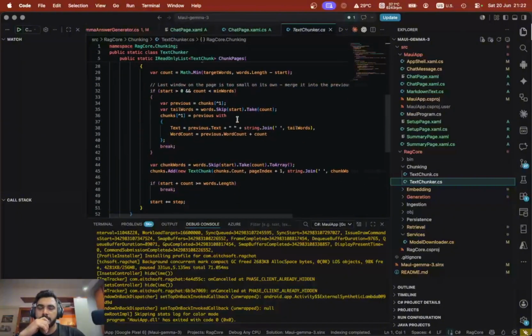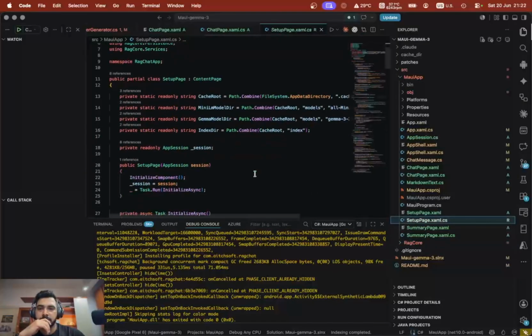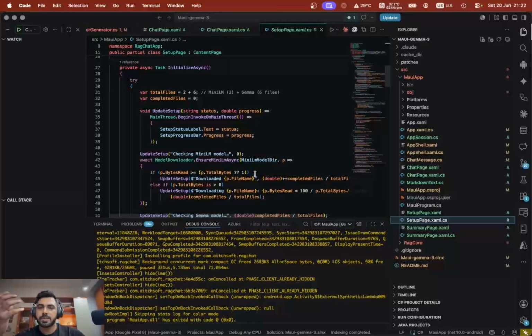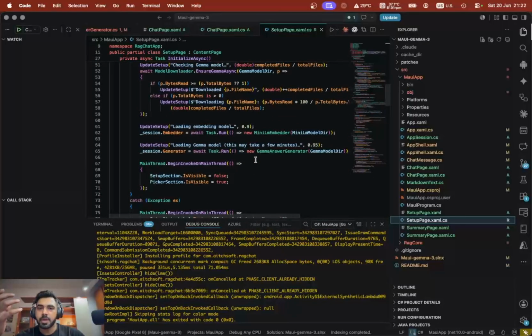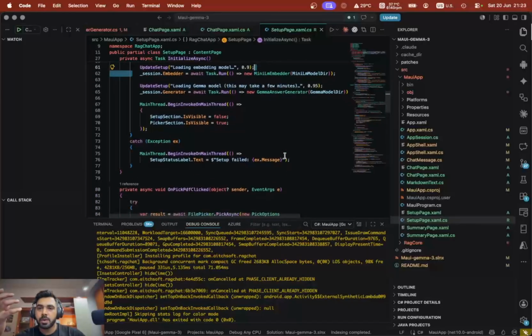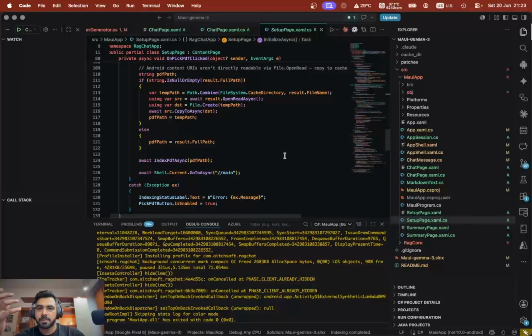I think it's better. Let's dive directly into the page after, for example, the chat page or the setup page, because after it fetches the PDF, it shows you everything, but later on it stores it in the memory. So basically, if you see, we are directly using that session to create the generator and other things. So it will pick the PDF and